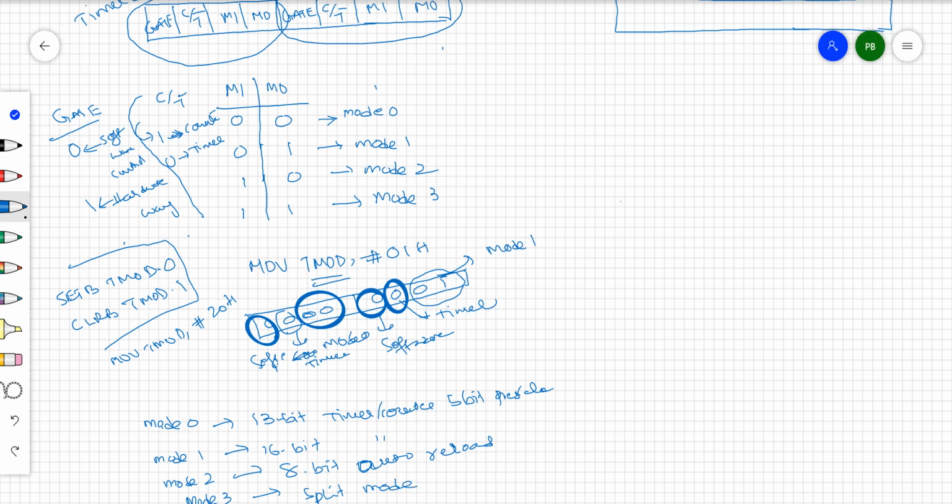Normally, mode 1 and mode 2 are used to provide the delay between two events, or as a counter. That means mode 1 and mode 2 are what we normally use while using these timers as timers or counters. So what is mode 1 operation? Total 16 bits in timer 0.